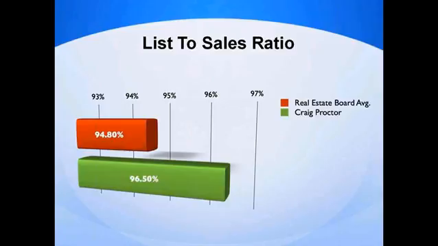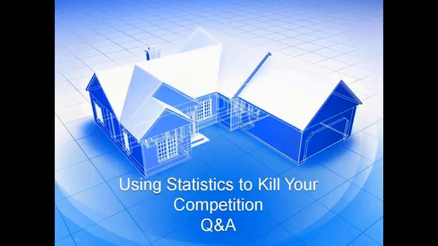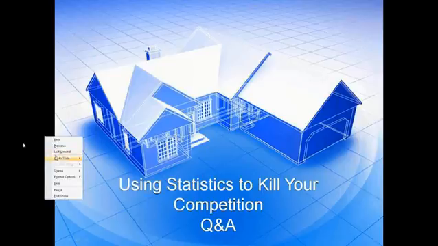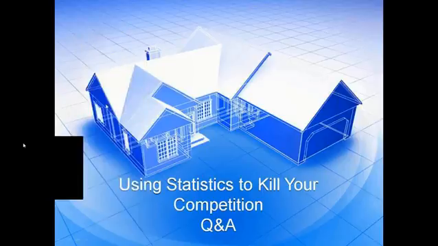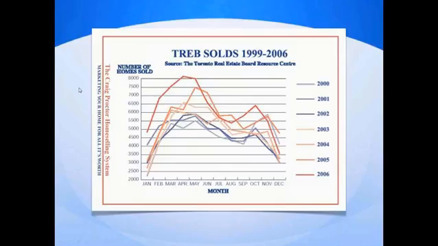You can see in the spring market for most of us, it's certainly true in my marketplace, sales were huge, but then you get into the summer and look what happens. And then at the end of the year, in December, sales really drop off. So let's say, Richard, you called me in the summer. Well, if I show you this graph, you can't expect me to get you the same results had you listed your house in February, March, or April. It's just not going to happen, right? Or if you list your house in December, look at the sales in December.